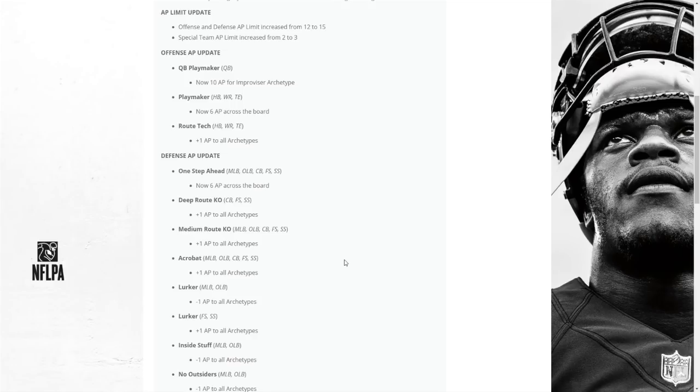The big one, obviously, One Step Ahead, now 6 ability points across the board. Now we got to think about that. With it being 6 AP across the board, you've only got 15 to work with. So let's say that you were a player that previously, before this update goes into effect, was a One Step Ahead player that rostered 3 of them. Most players that ran 3 One Step Aheads also played 3 acrobats as well. So the same player would have One Step Ahead and acrobat, and you would have that times 3